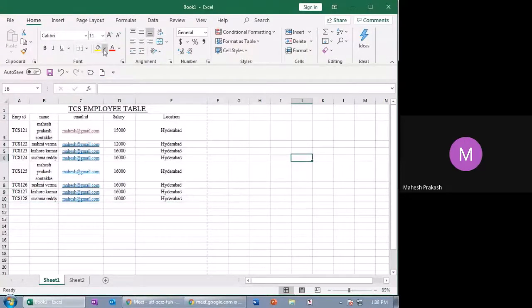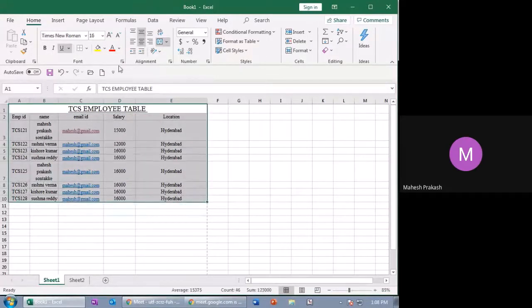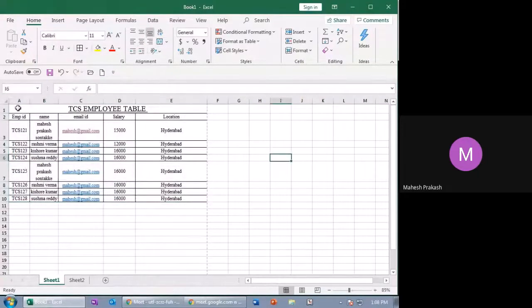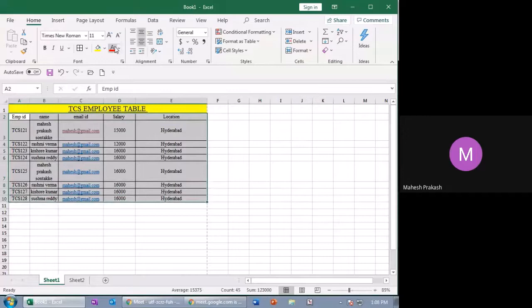Got it? And here we have theme color. So we can also design it in a manner, all borders. And now I want the heading to be in some color. So heading is in this format, and all these things should be in red.